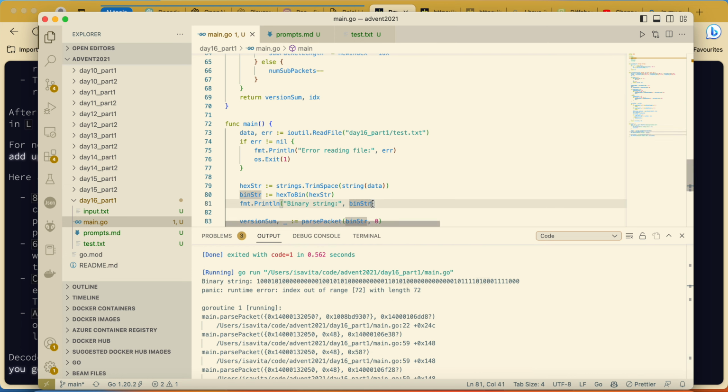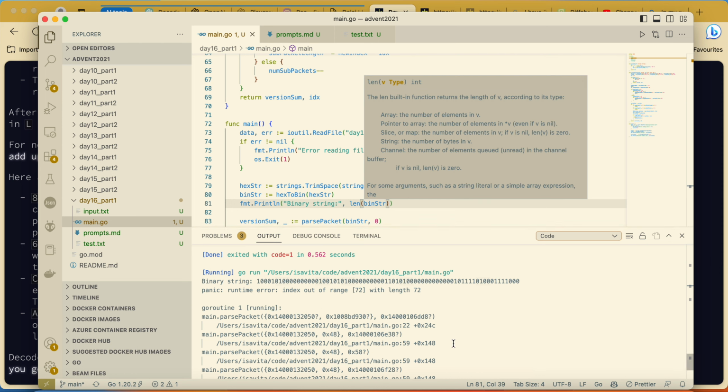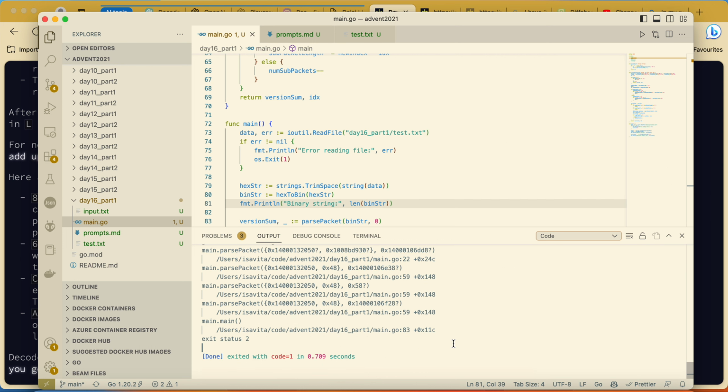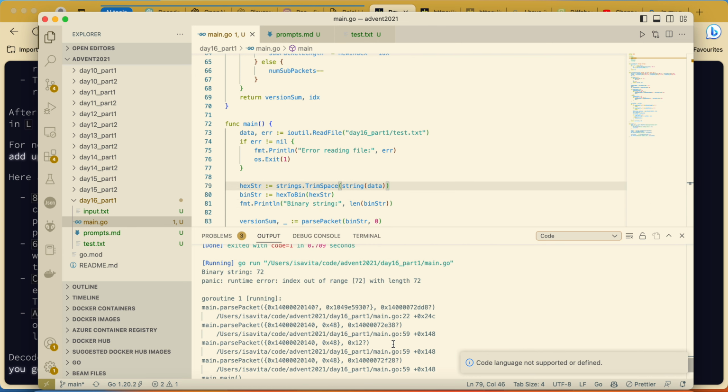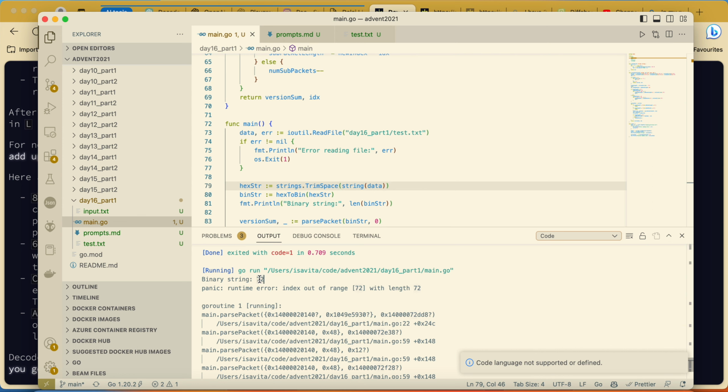We want to see what its length is. Let me double check. The length is 72 characters.